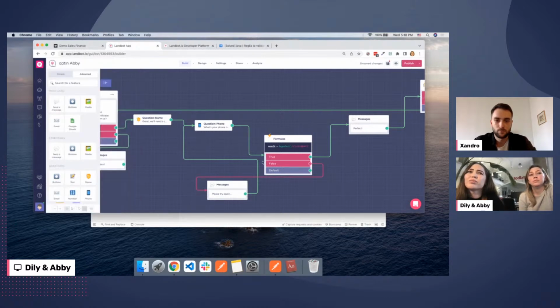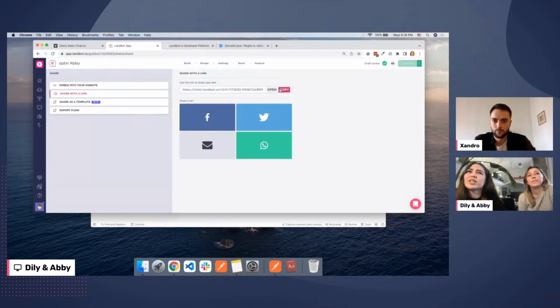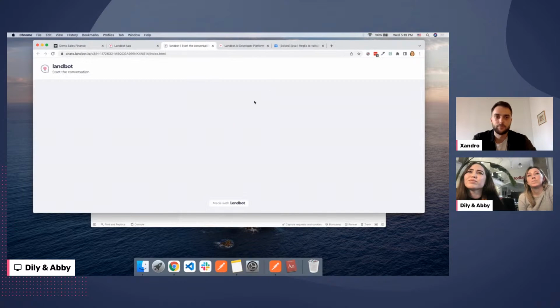Okay, so we have our block already configured. In case the output is true, which means that the phone number matches the format, we can continue the flow. In case it is not, which is a false output, we can connect it to send a message to let the user know that he can try again, and then back to the phone number. So let's give it a go so that you can see how it works.